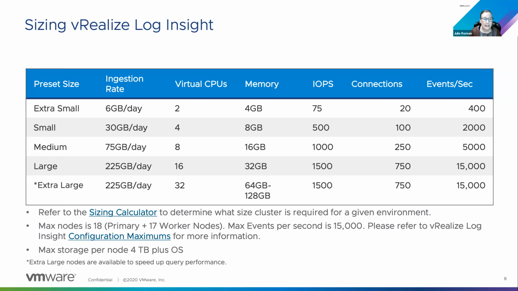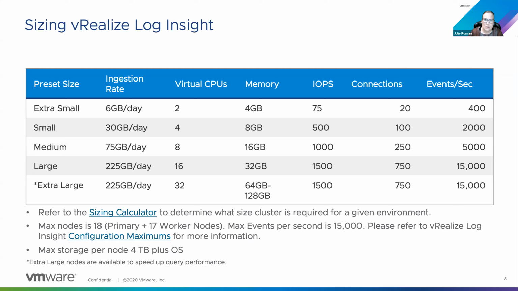So ideally, if you did need the maximum per node, you would do two terabyte storage, and that just optimizes performance versus having like 8 500 gigs. So you know, if you have to add incrementally, that's fine. But for a fresh deployment, we recommend that you size storage as large as possible, which is 2 terabytes in our case. And then as you get to the extra large nodes where you'd need more, you'd be adding CPUs and RAM. We can't add any more storage. So 72 terabytes is the max with the 18 nodes deployed.